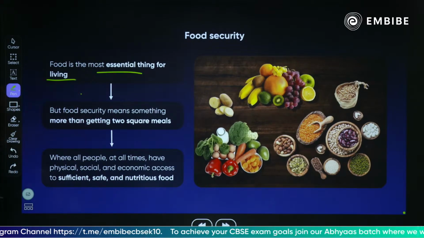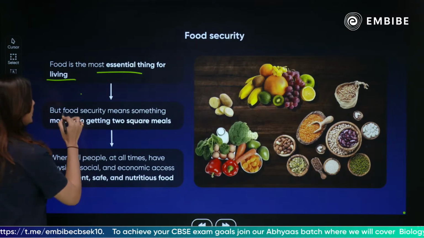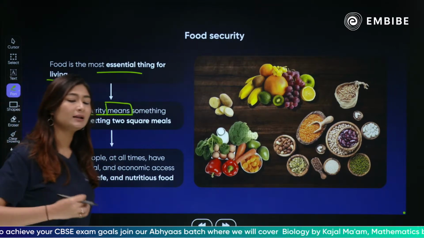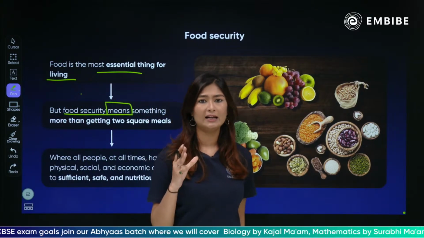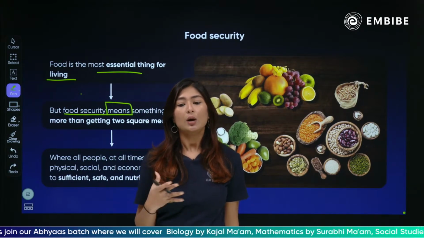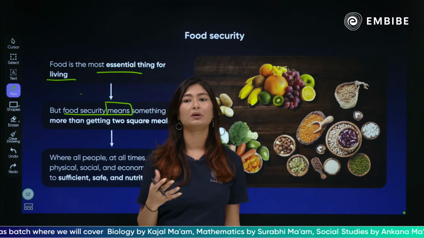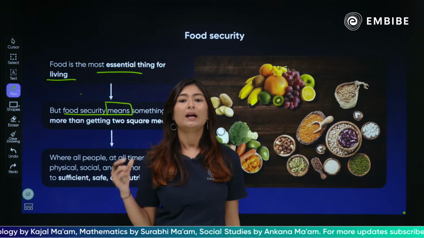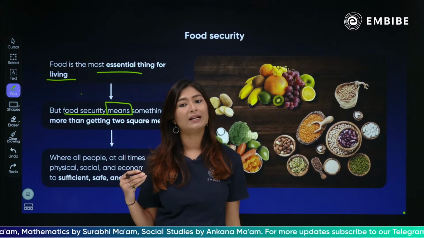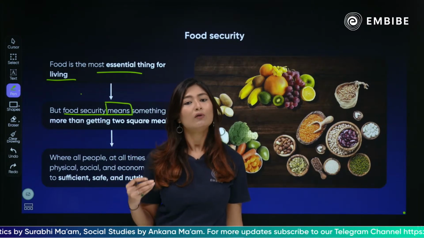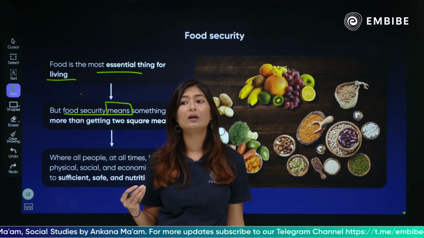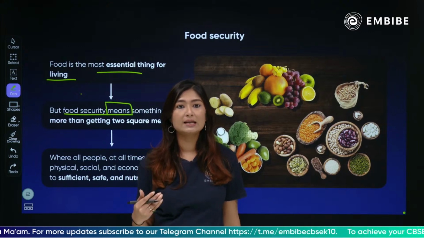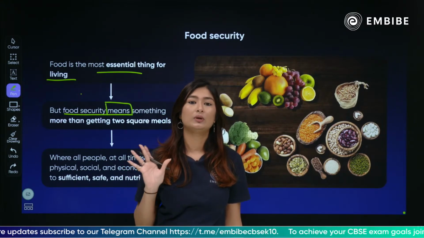So what does food security mean? Food security in the shortest way possible, if I have to tell you, is ensuring that you're having healthy, or even if not healthy necessarily, but nutritious food. But every body has a certain requirement. We require the vitamins, the minerals, the energy resources through food in a certain amount. If we don't get that in the way we are supposed to, we will start falling sick. We will not be able to fight a lot of diseases. We will start developing a lot of deficiencies. बहुत तरह की problems हमारे साथ होने लग जाती हैं.